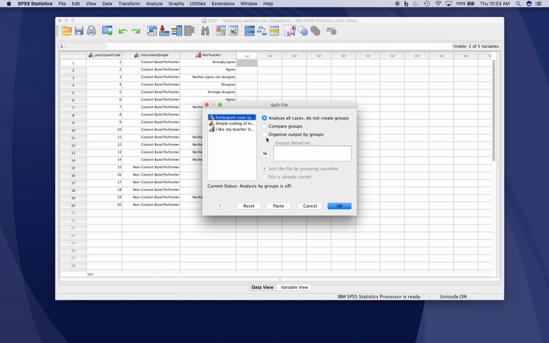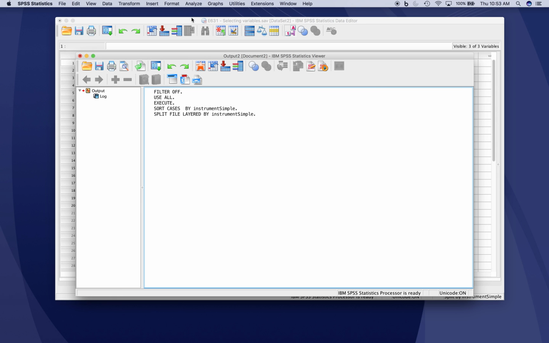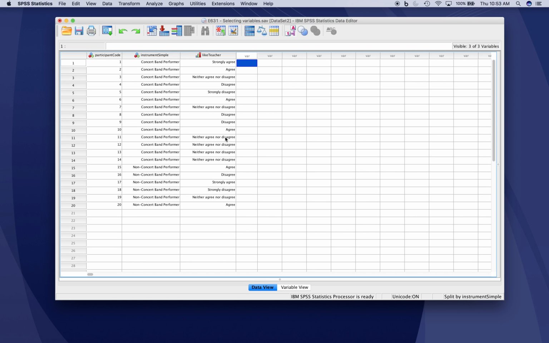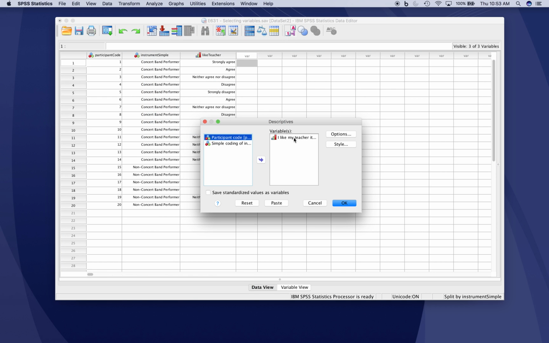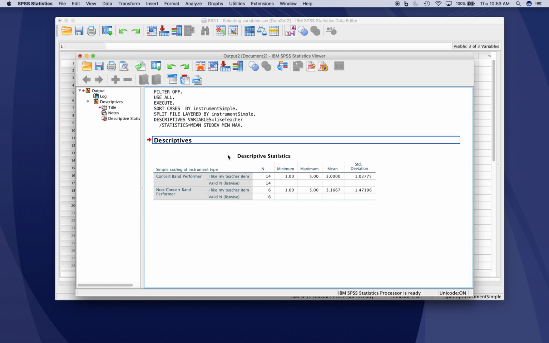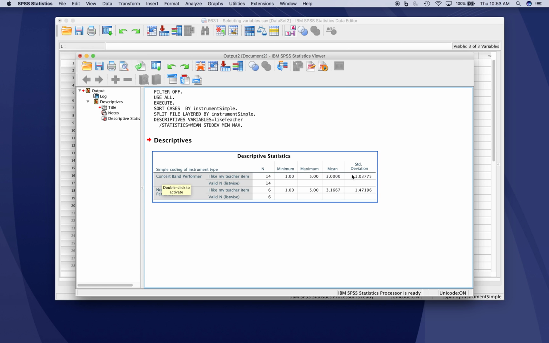And we can tell SPSS to compare groups according to their instrument grouping. All right, so we're going to compare now. We're going to set SPSS up to, by default, run all of its analyses according to the groupings in this variable. So if we click OK, you see the output menu that shows what's been done. And there's no other real indication here in the data editor that's blatant. But if we now go to Analyze and ask for our descriptive statistics of how much the participants like their teacher, you see what it gives us now is the descriptive statistics according to these two categories in the instrument type. So that's a convenient way to do comparative types of analyses,